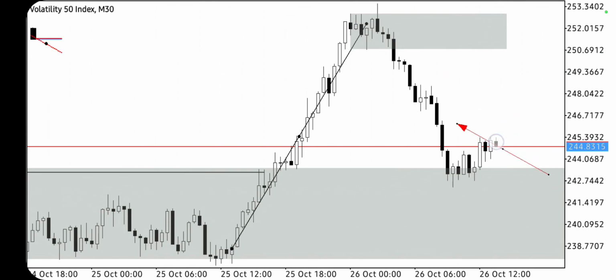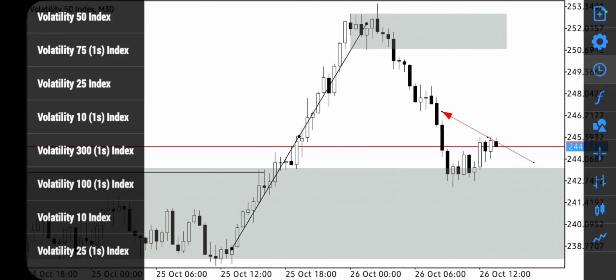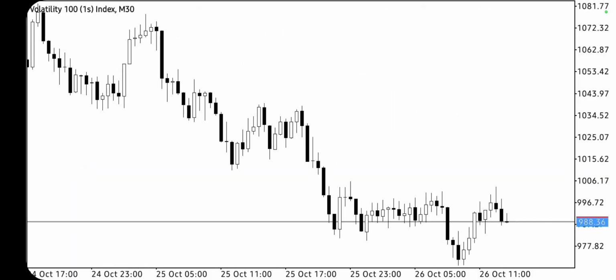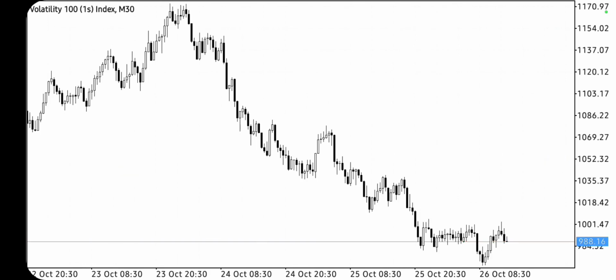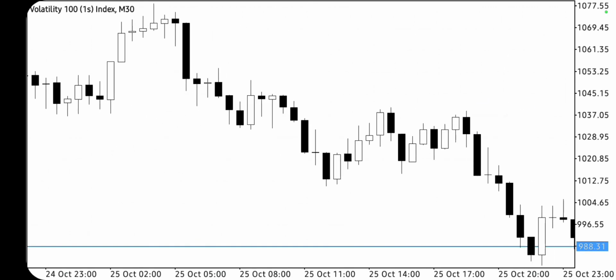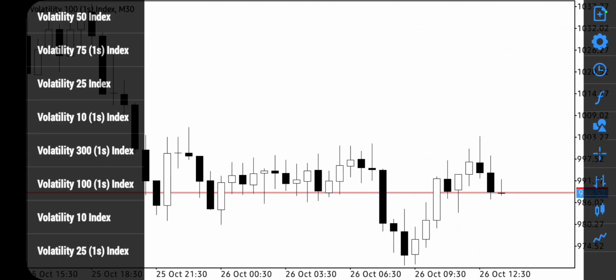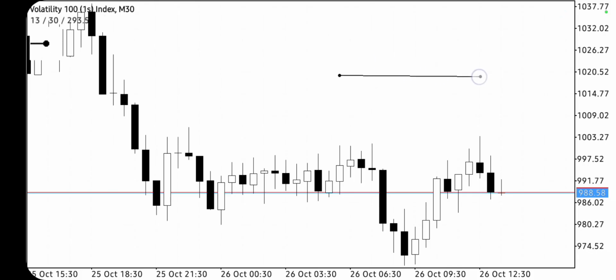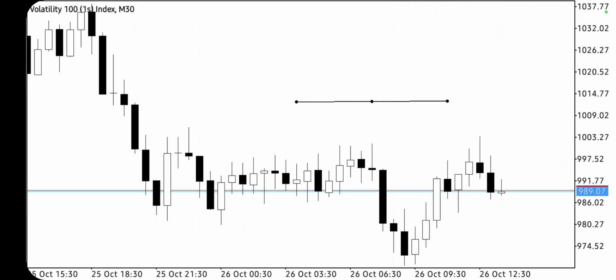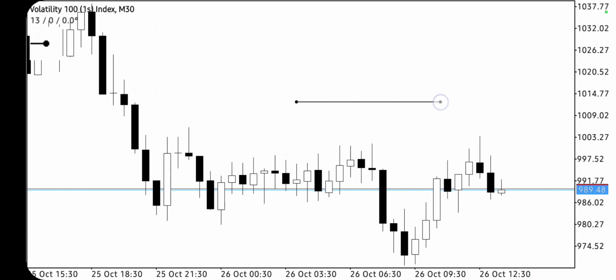So, okay, let me go to other pairs so that we can mark out our supply and our demand zone. We can mark out our supply and demand zone over here. So yes, this is a valid supply and demand zone. Let me just mark out the